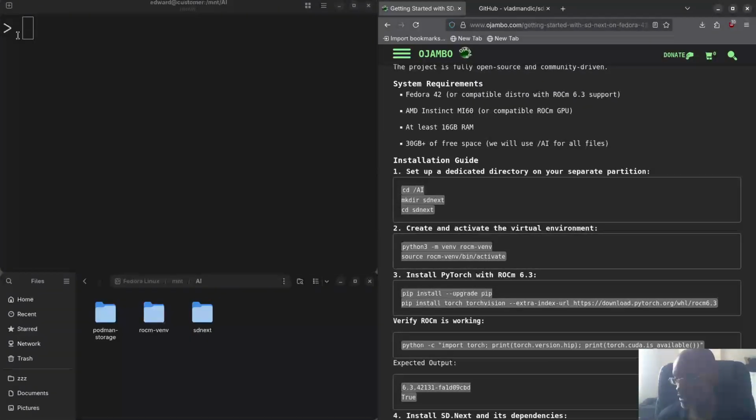Okay, so let's get started here. I already have the command line open here. So I'm already inside this partition. You see it's mount/AI. So I already cloned the